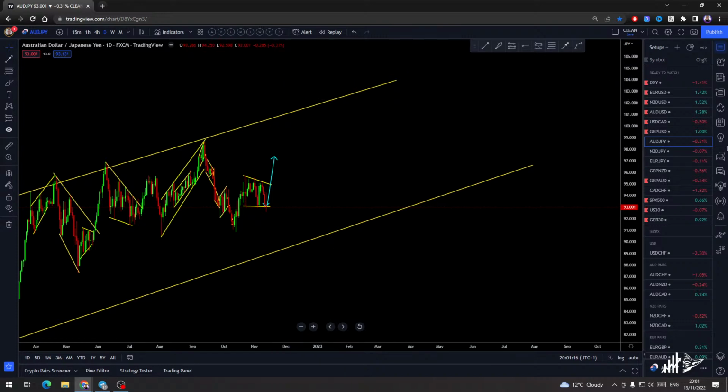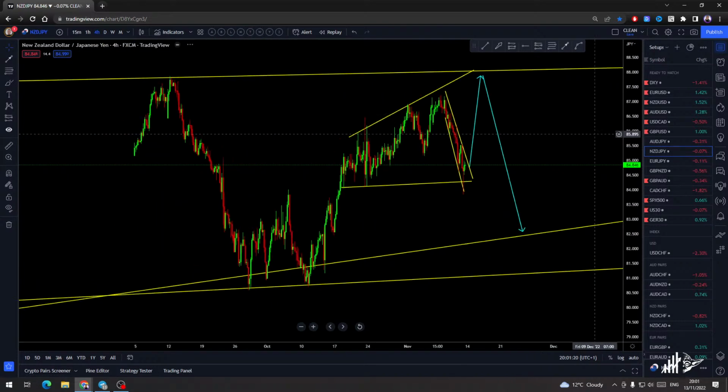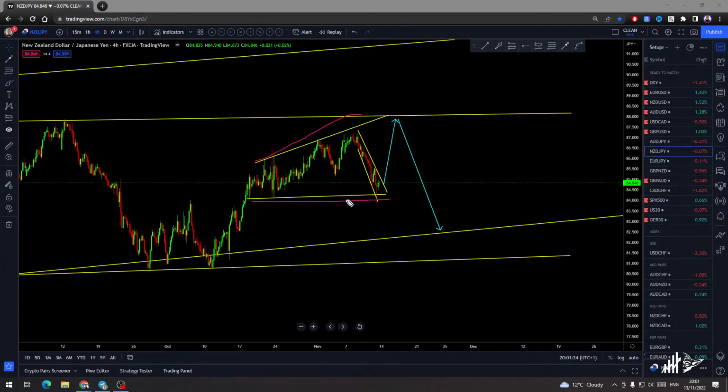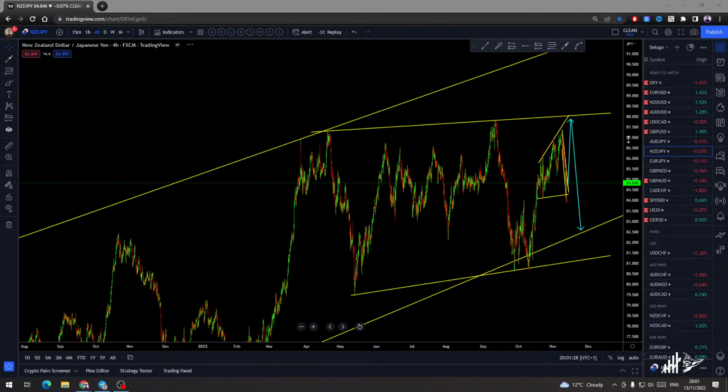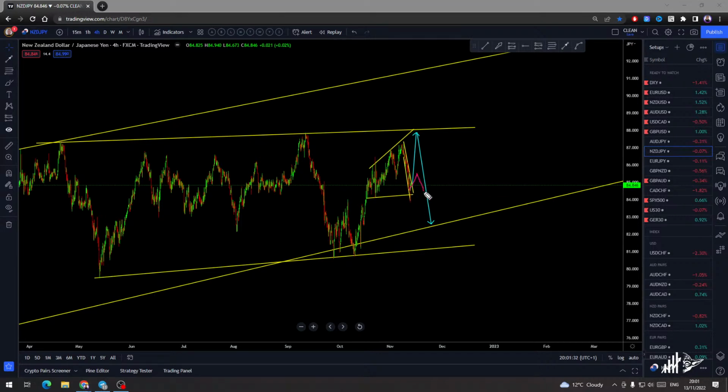Okay, so this one up, NZD/JPY same there. Let me go to the 4 hour, it's much clearer. I see this as a nice triangle and another leg higher to test those highs. So this is what I see. I really don't see this as a sell. I don't have any correction which will drive the market deeper. For now I don't have it, but if I get it, of course I will start selling.